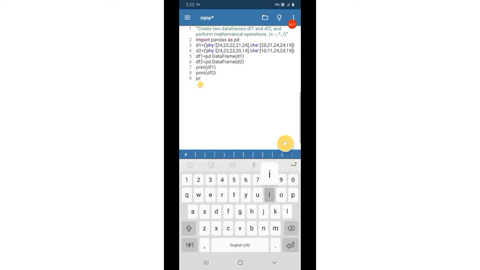So print addition, then print df1 dot add in bracket df2.